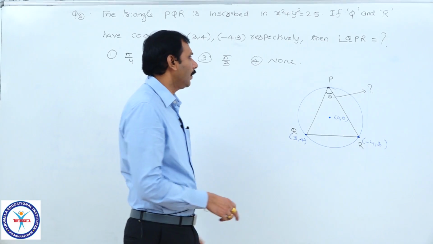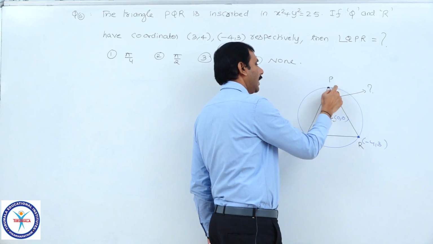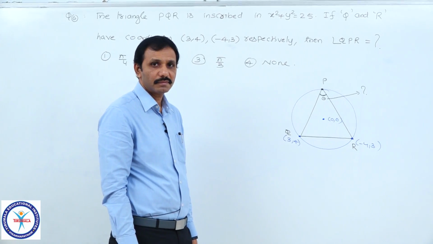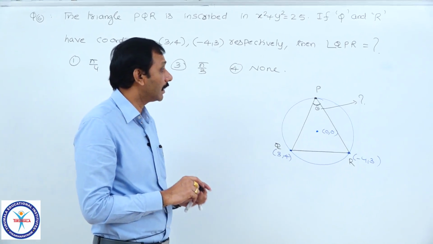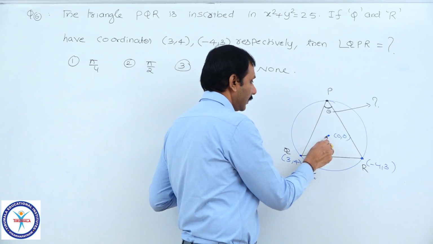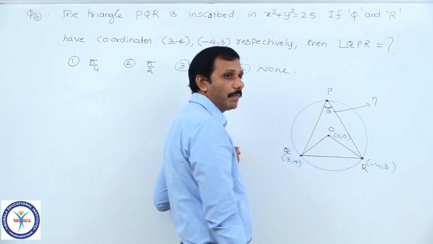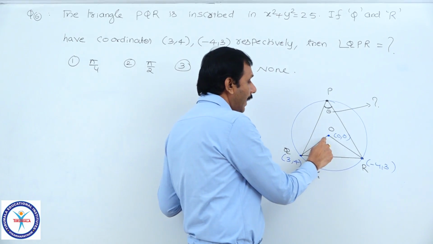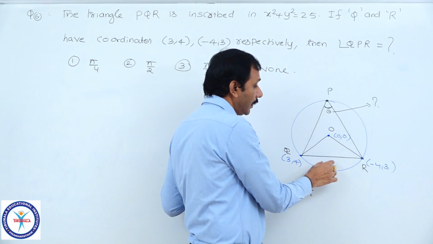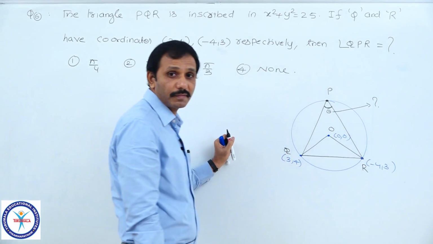Observe this. If you know the coordinates of P directly, you can find the slope of this line, tan theta equal to m1 minus m2 by 1 plus m1 m2, a simple thing only. But you can do the same thing, not with this point, with the center you can do it. Center coordinates we know 0 comma 0. And whatever angle I find here, because this is the chord of the circle, if it subtends an angle alpha here at the center, it will become half of that at the circumference. That property also we have seen.